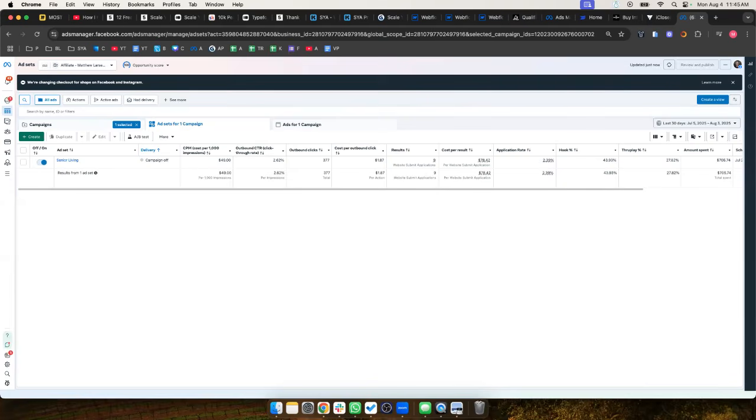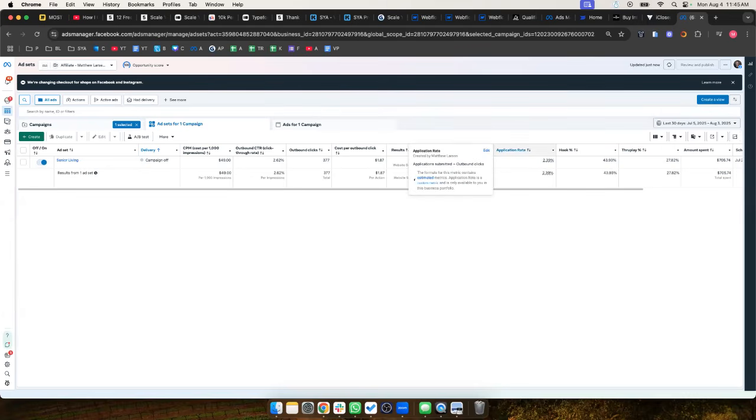Because if we think of it, Facebook makes money by having people use WhatsApp and Instagram and Facebook. If your ads aren't resonating, that's bad for Facebook because people are going to leave the platform. So they're going to deliver your ad, but they're going to penalize you basically by charging you more. If you see your CPM being 100 or 200 or 300, like some people have, it's a very good indication your ad is terrible.